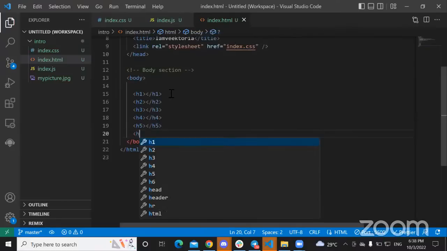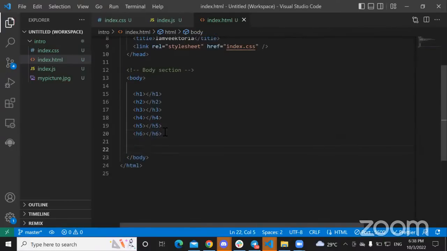H6. These tags are heading tags. As the name implies, it's a heading tag. If you can maneuver your way around without a heading, then what is the point of having a heading tag? It makes no sense. So please use the heading tag for headings. Now, if I put in